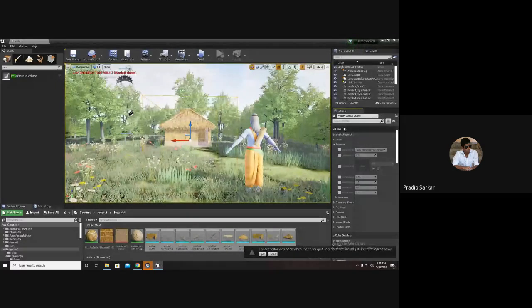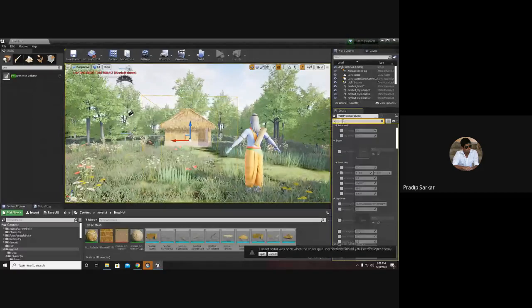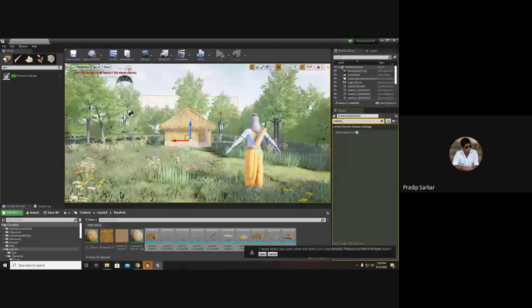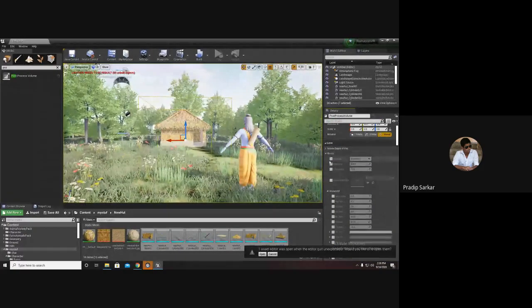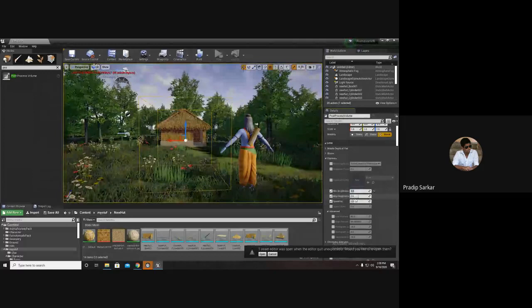So let me first make it unbound. Once it has been made unbound, modify the bloom to convolution. Set min max brightness to 1.